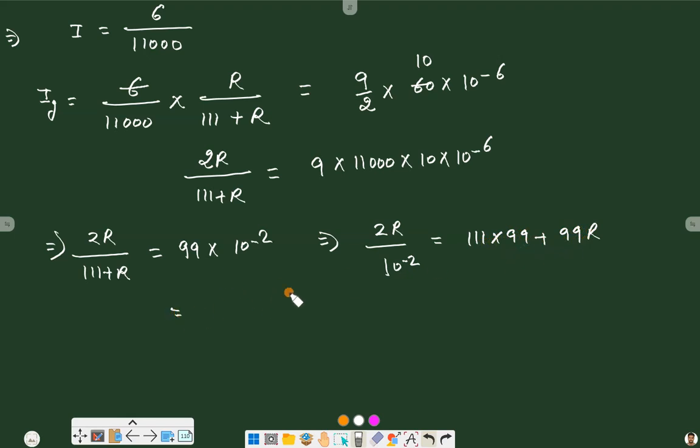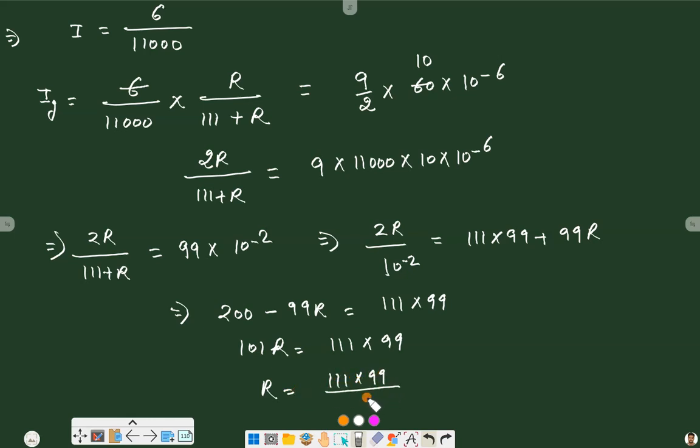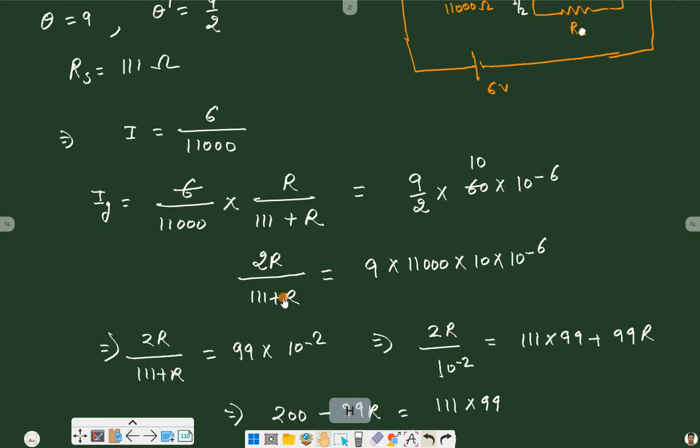So from this we will have 2R by 10 raised to power minus 2 means 200R minus 99R is equal to 111 into 99, and from this we will have 101 R is equal to 111 into 99, and R will be 111 by 101, and this on solving will give us around 110 ohms, and that is our answer,